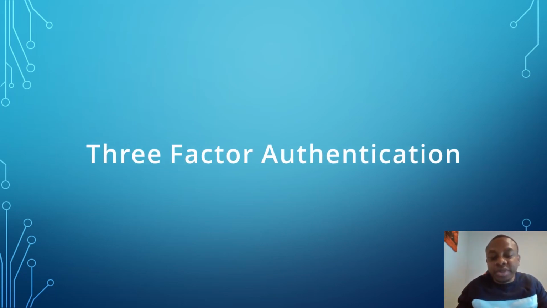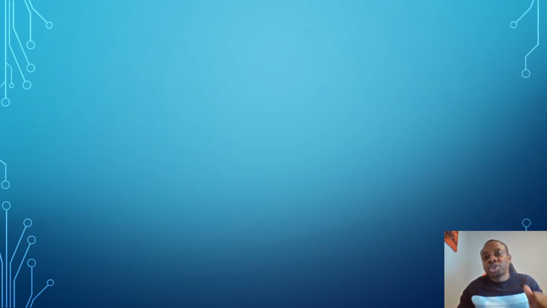Now, three-factor authentication is username and password, token or badge, and biometric. Biometric could be your eyes, your iris scan, your thumb print, your palm print, your fingerprint. So when you put in your username, you use your PIV, and you also have to use your thumbprint, your palm print to complete the three-factor authentication method.